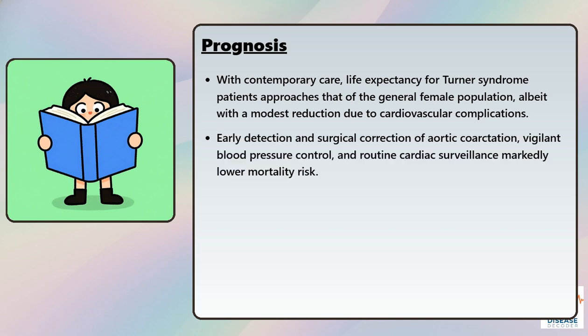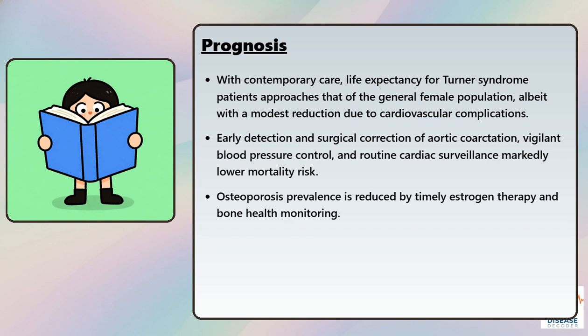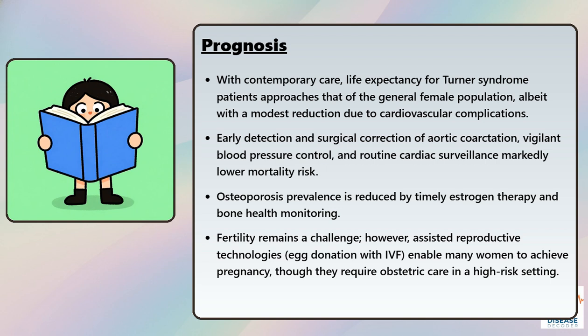Early detection and surgical correction of aortic coarctation, vigilant blood pressure control, and routine cardiac surveillance markedly lower mortality risk. Osteoporosis prevalence is reduced by timely estrogen therapy and bone health monitoring. Fertility remains a challenge, however. Assisted reproductive technologies, egg donation with IVF, enable many women to achieve pregnancy, though they require obstetric care in a